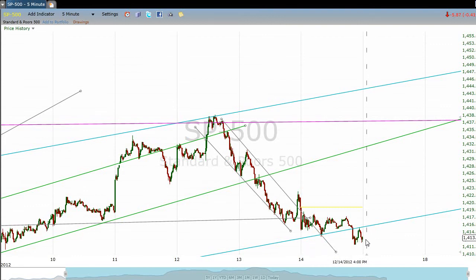Let's see what the futures show us overnight. If we were to gap up tomorrow and be over this line right here, let's say we were to gap up at the open into 1418, 1419, then I think that should spark a rally to at least come back and re-challenge this neckline, this old extended neckline from the head and shoulders, from the triple top, which is the potential neckline for an inverted head and shoulders pattern. So there you have it. I think that is about all I need to say for this evening.